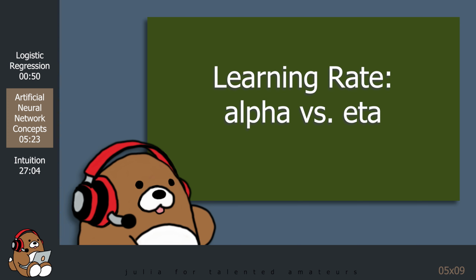On a side note, the learning rate is another example where the name has been changed for some reason. In prior tutorials, we used the lowercase Greek letter alpha for the learning rate. For artificial neural networks, you'll see the learning rate referred to by the lowercase Greek letter eta. Again, I'm not sure why they changed the name, but it's the same thing.